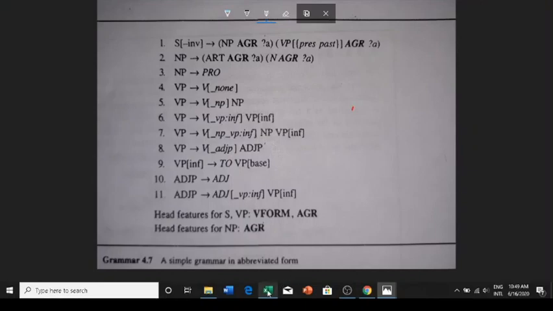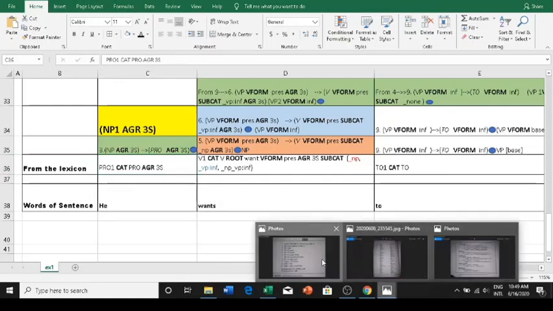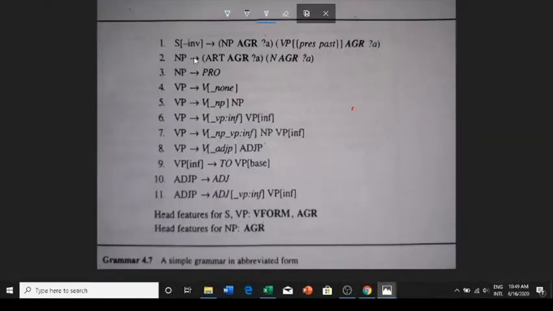With that introduction, we will see how we can go through these parts. We have "he", a pronoun here. First of all, we need to find a rule from the grammar that has a pronoun on the right. If you look through all these rules, we have rule number 3. This one has a pronoun on the right.